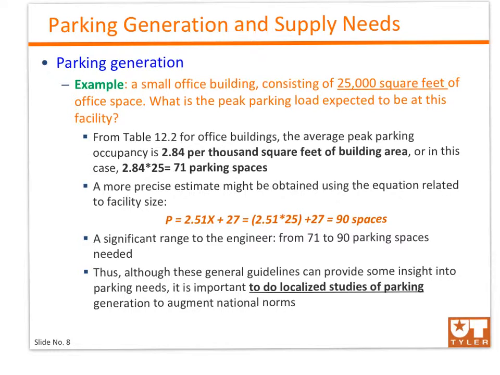So if you used just the unit 2.84 per 1,000 square feet times 25, you can get 71 parking spaces needed. If you use the equation that was developed after a few hundreds of studies, now it's telling you that you need to have 90 spaces. So there is a significant range for the engineer to pick from, 71 all the way to 90 parking spaces